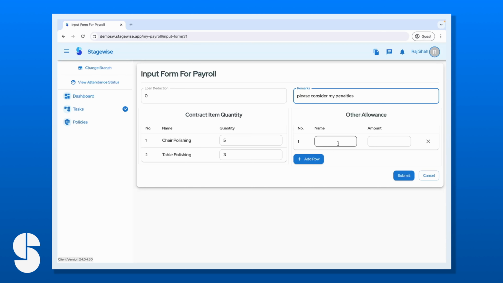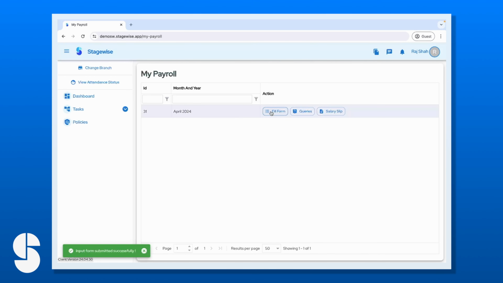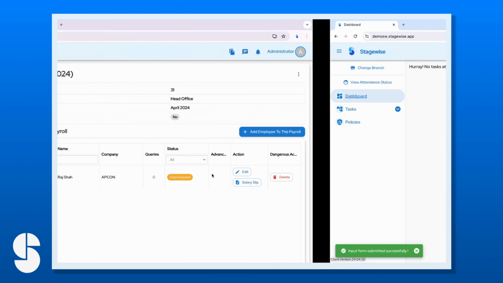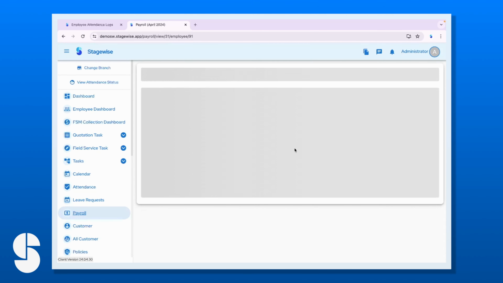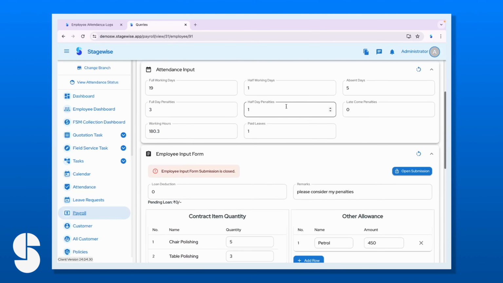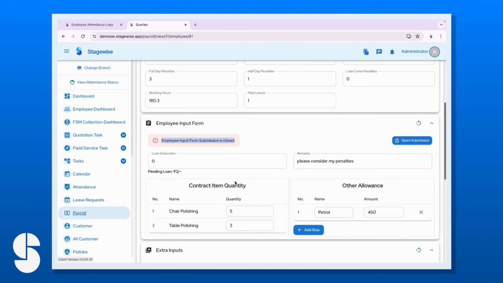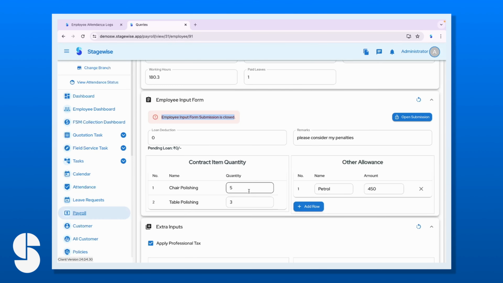All right, and in other allowance they can give a reimbursement details. So let's say this. All right, and submit. So now this form has been submitted. Now as you can see, when we go to the edit tab from the admin account in the payroll, you will see a lot of this detail has already been fetched as the attendance matrix was, and this employee input form submission is closed. So we have captured the employee data where we know, okay, petrol is 450, chair polishing was